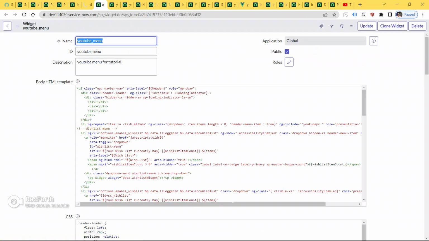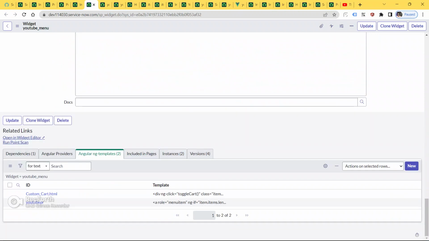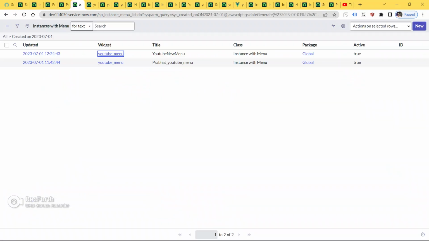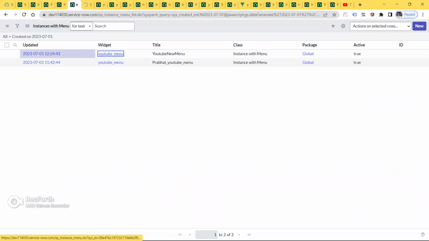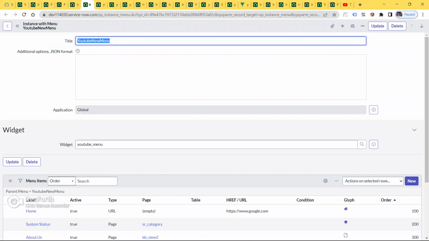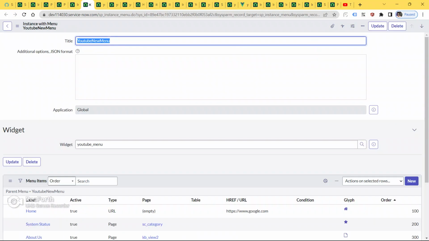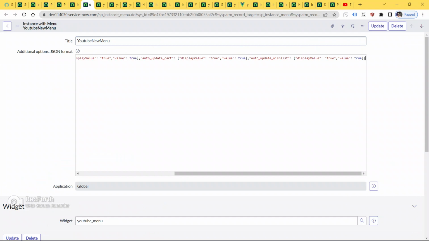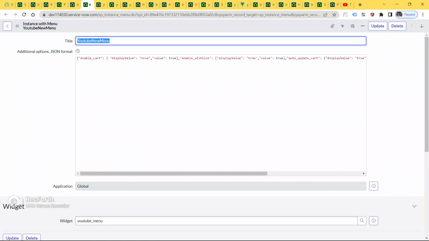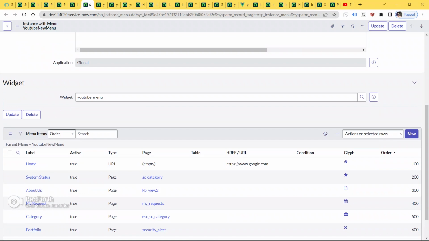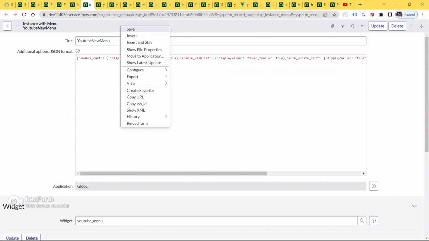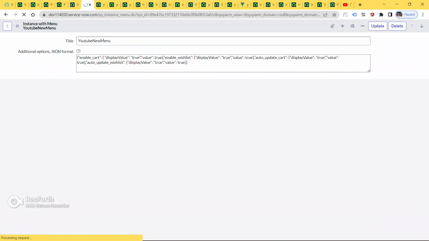Okay, go here, click on this, click on this, click here, and we have to copy this JSON. Okay, we have to copy this JSON, guys, and paste it here. Okay, inside the YouTube new menu, which is our custom menu. Okay, which is our custom menu, guys.